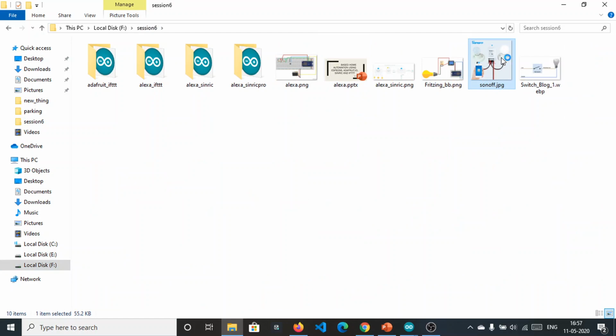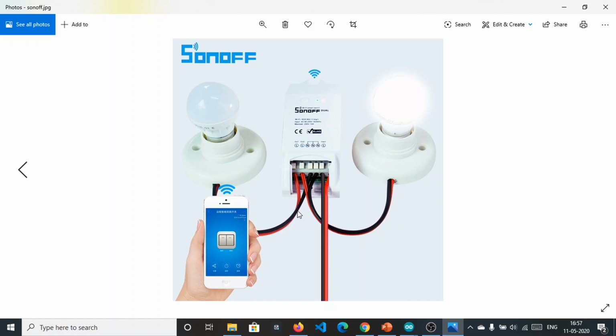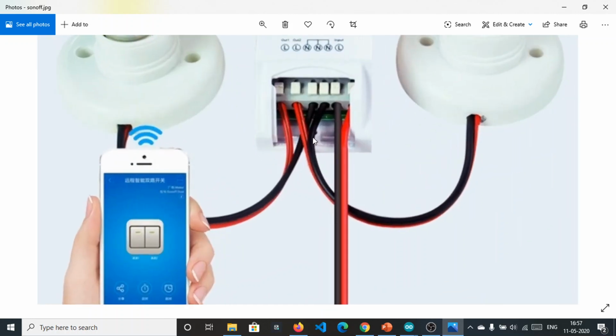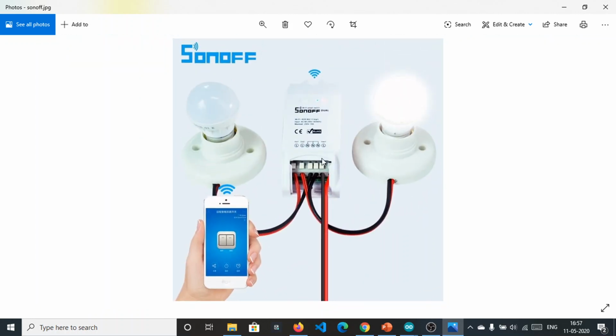you need to use Sonoff switches. These are the switches. Basically you can make your things Wi-Fi enabled using these types of switches. Okay, so internally these also use ESP8266 Wi-Fi controller module, and you need to simply connect these modules to these devices, and the manufacturer of this device will give you an interface, like as you see in here, to control the device over the Wi-Fi from anywhere in the world.